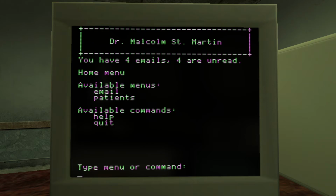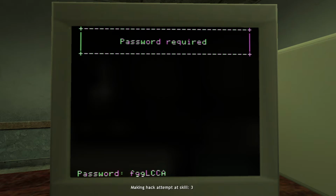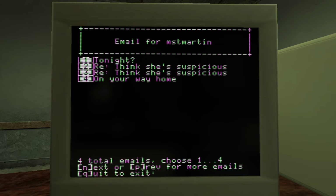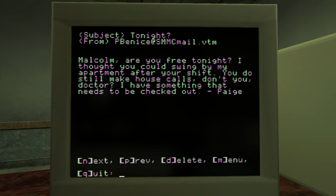So Dr. Malcolm St. Martin. So let's go into his email. Dr. Bushman, still the operator. Panacea. Tonight? Question mark. So from P. Bensil. Okay. Malcolm, are you free tonight? I thought you could swing by my apartment after your shift. You do still make house calls, don't you? Doctor? I have something that needs to be checked out, Paige. Okay, that's...